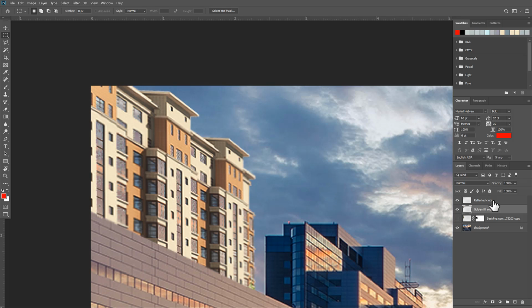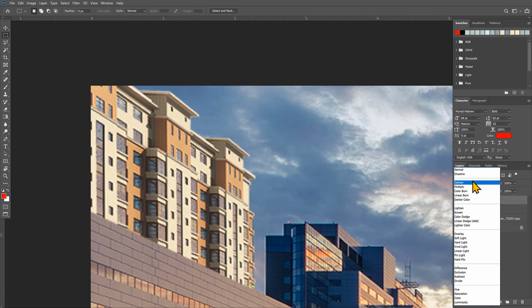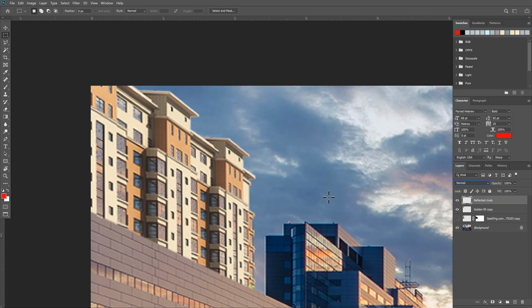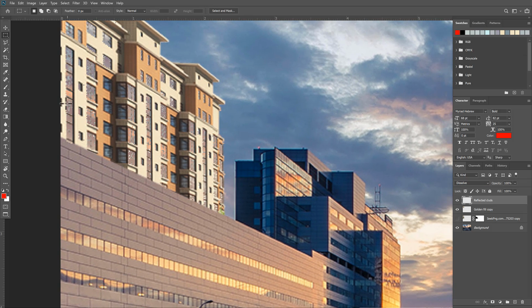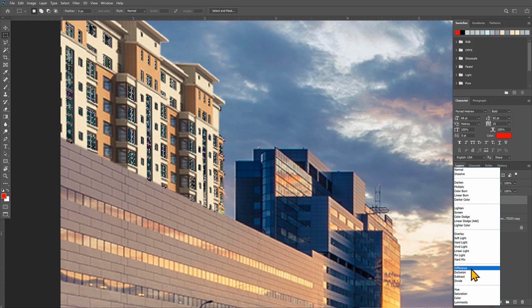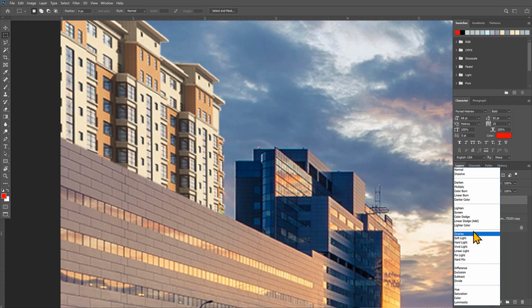Now what I want to do is to try different blending modes. The first one that I would go with would be the add, but in this case it's way over the top, so I'm just gonna experiment with other ones. The other thing that I'm gonna keep in mind is that I wanna use these as reference because they have the same amount of illumination and also they're on the same level of that reflection. So I'm gonna keep working on toggling between these blending modes until I find something that kind of